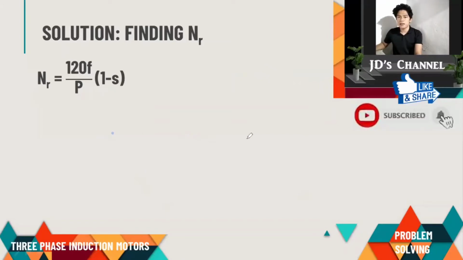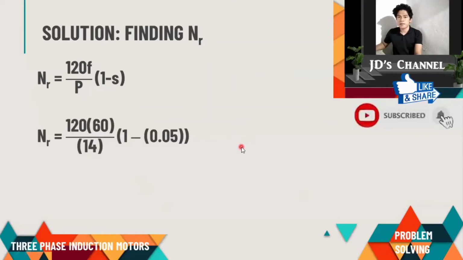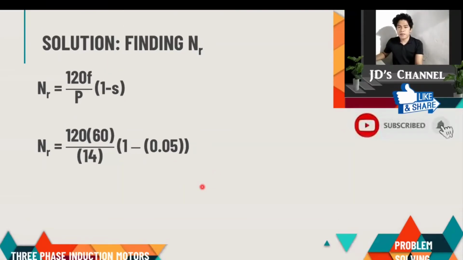Okay, so ayan, substitute na natin. So 60, and then yung ating pole, that is 14, and then yung ating slip, that is 0.05. And then what would be our answer for NR? NR is equals to,